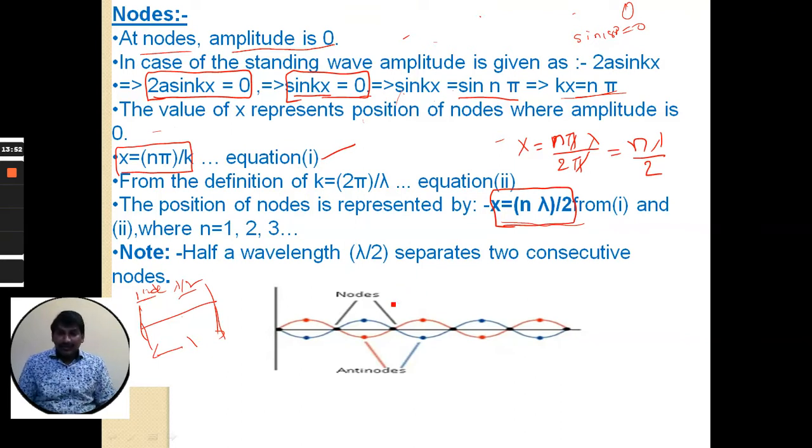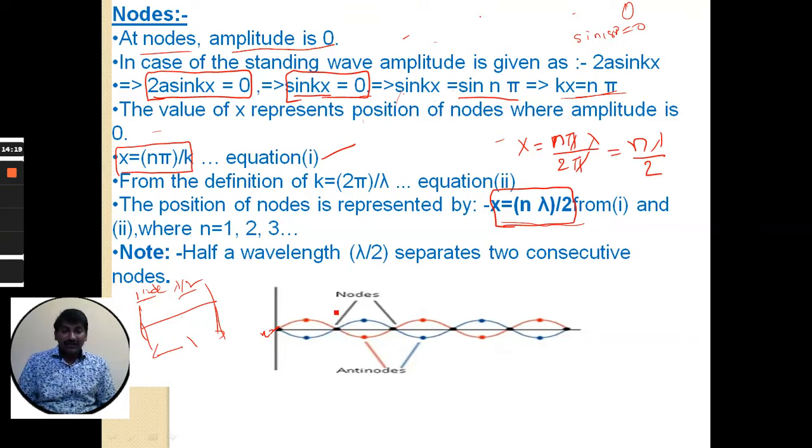Let us say you are seeing the diagram. If this is the x equal to 0 position, in the sense from here to lambda by 2 distance. What is the lambda? We know. I just now told the boundary condition of possible wavelengths or frequencies of a vibrating system we are taking here. That is a significant feature in stationary waves.